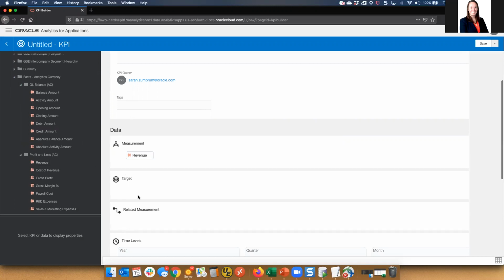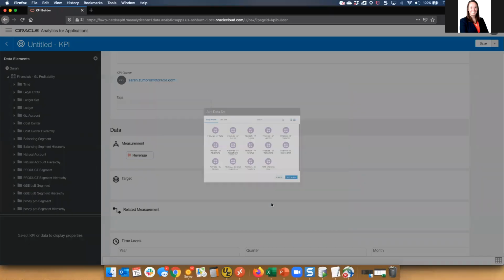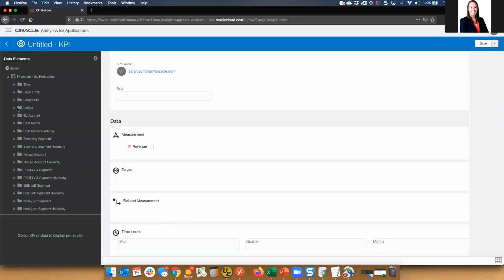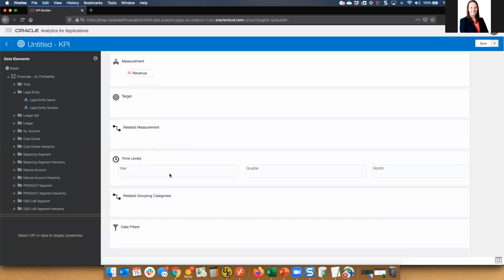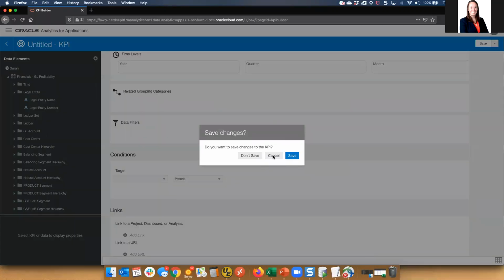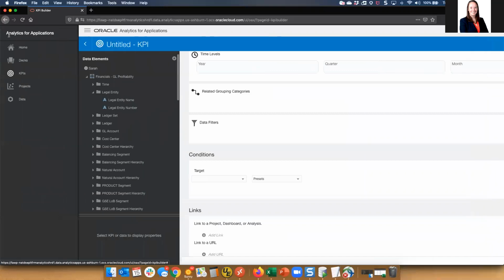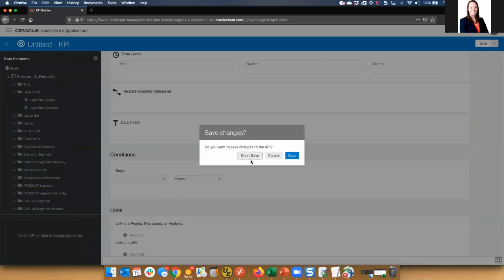And then if I had any kind of targets built in, I could do that here. So I'm not limited to just one data source. If I want to combine different data sources together, I could. And if I have any other kind of related measures, so maybe I want to break it out by legal entity, I want to say that's part of it. And then I can build out the time levels. It really is just that simple. So you don't need to spend a lot of time trying to figure out, how do I build out a KPI? How do I get it to look how I want it to? You can also, so don't save,